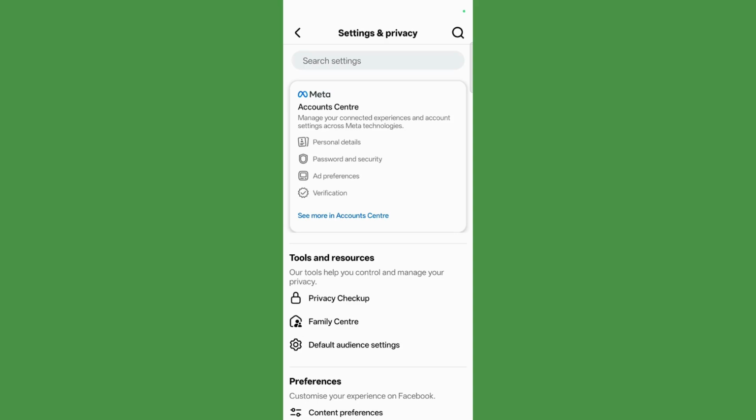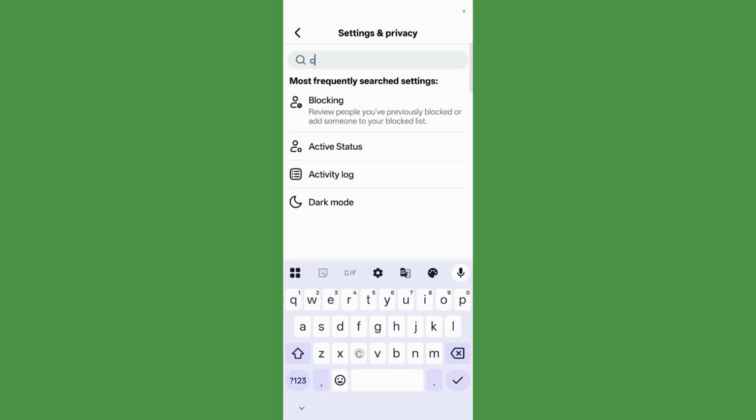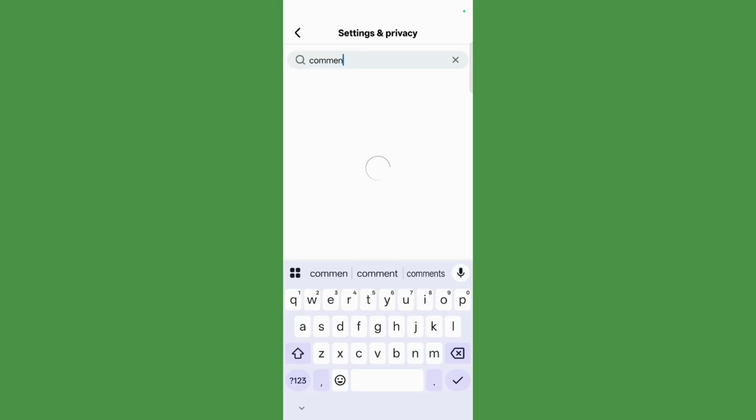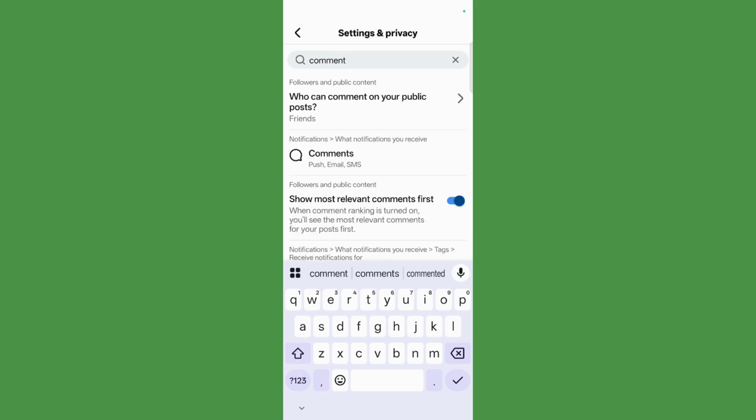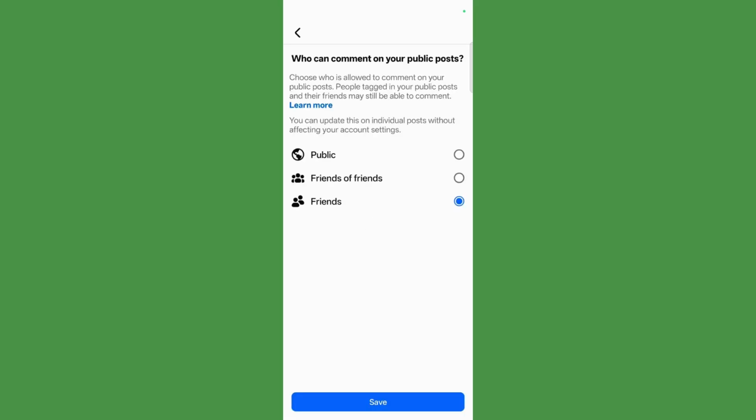Now this will lead you to the settings and privacy page, and instead of discovering more, simply go to the search settings bar and simply search for comment. Now once you search, you might see this option that says who can comment on your public posts. So simply choose this option, and then from here make sure it is set to friends and not public or FOF. So once you choose friends, only friends will be able to comment on your public post